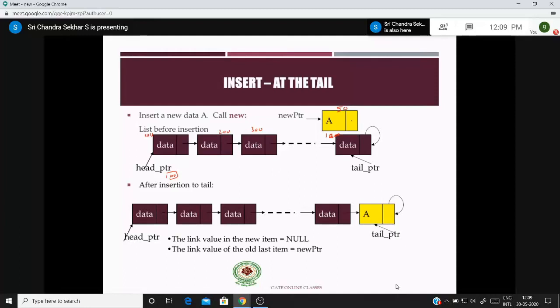If you want to make it as the last node, what you have to do? You have to make this link part as null. Therefore, this new pointer of link or address is equal to null. Therefore, you made it like this. And then you have to traverse to this node. So you cannot directly access this particular